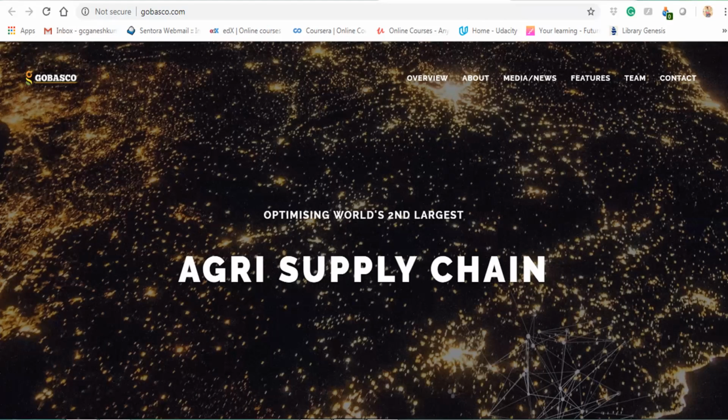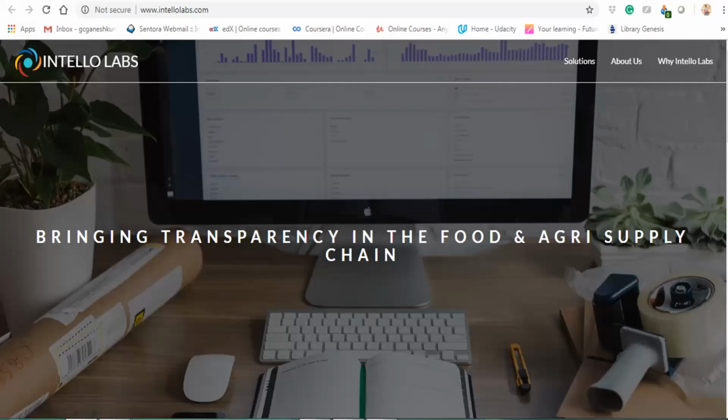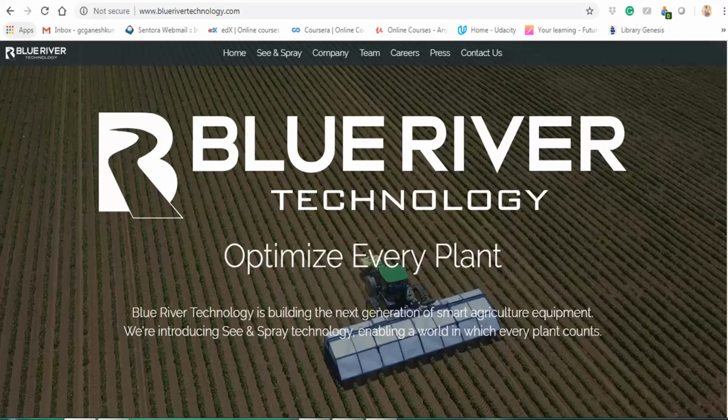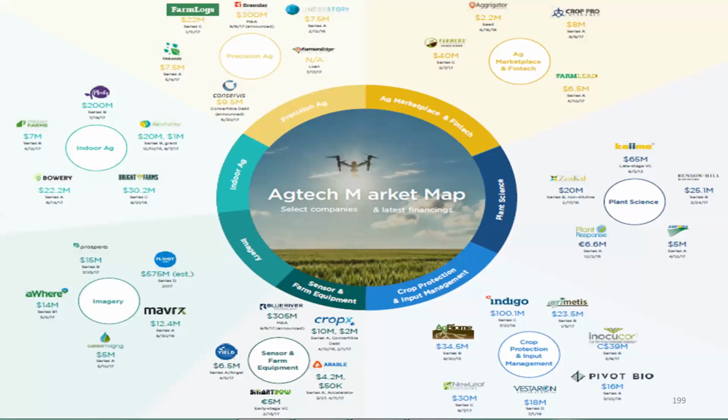These are startup companies which started recently, maybe less than 5 years ago. Then there is Intello Labs. Check it to understand how it works in the supply chain. Blue River is not an Indian company, it is foreign, but they are making robots. We saw the video, right? The plucking of fruits, oranges on the plant. That is a robot, a machine developed by these companies. So if you look at the entire agri supply chain, from fruit processing to everywhere, a lot of startups are working on agri-tech and agri-food tech.